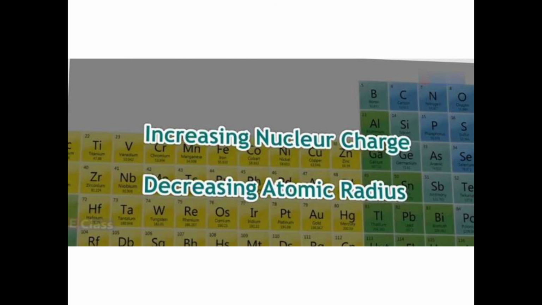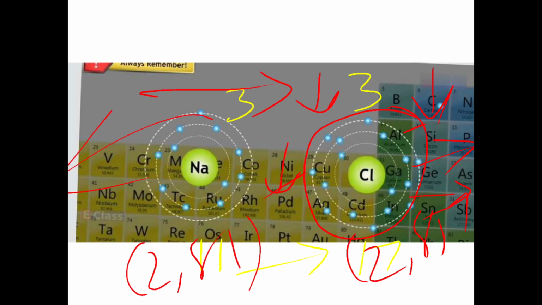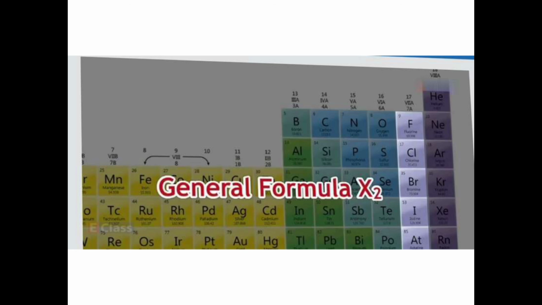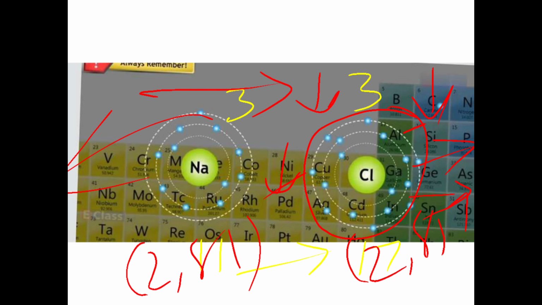So due to the increasing electronegativity from left to right in a period, the ability of an atom to become an anion by accepting the outside electron goes on increasing. Chlorine will accept quickly, sodium will keep giving. Sodium is towards the left and chlorine is towards the right. So the tendency of an element to form an anion, or electronegativity, is the non-metallic character of an element.